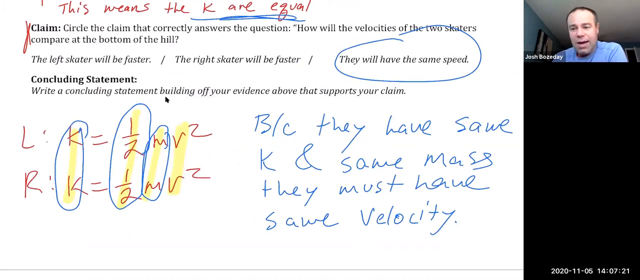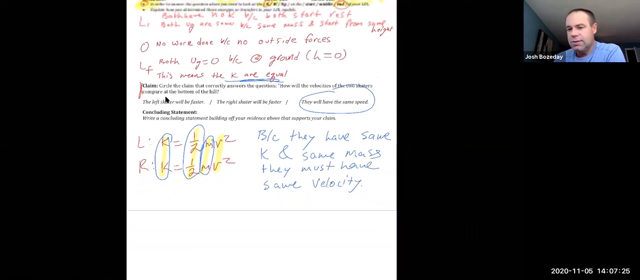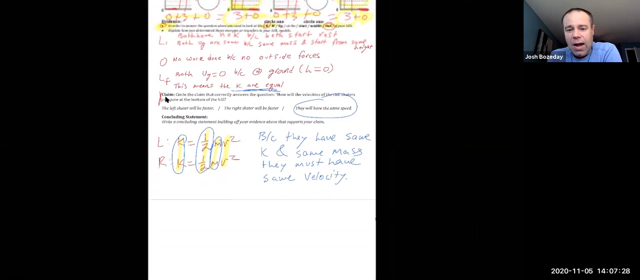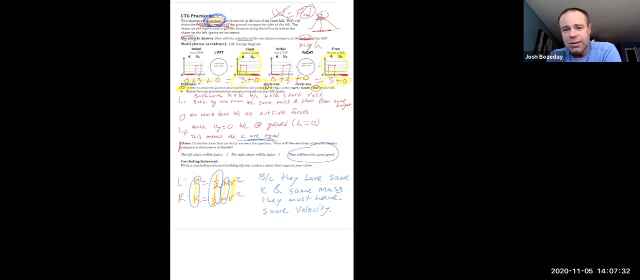All right, folks, any questions on anything I just did in this example? I went through it slowly because it's brand new. It's our first real look at LT6, but that doesn't mean you don't